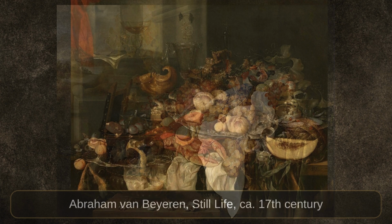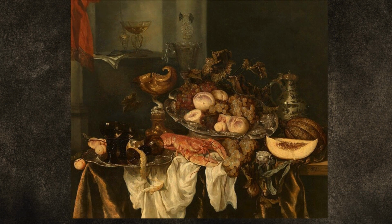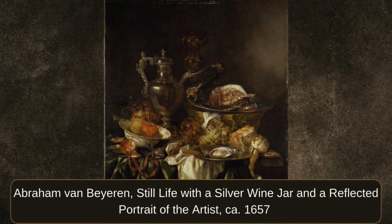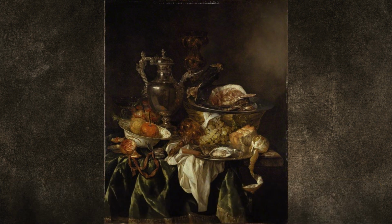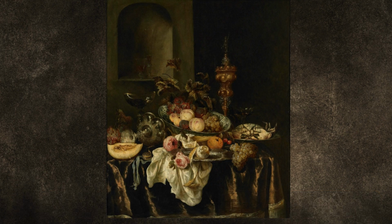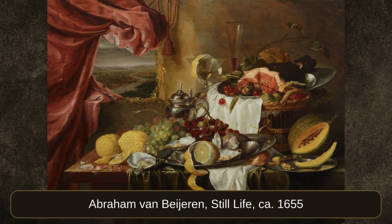Banquet still lives, by contrast, multiply these components to present spectators with saturated visions of abundance and affluence, a phenomenon that held particular social meaning in the Dutch Republic at the moment of these pictures' heyday. The United Provinces of the Dutch Republic constituted the mightiest mercantile powerhouse in Europe during much of the 17th century. Massive personal fortunes as well as a flush bourgeoisie were, as Julie Berger Hochstrasser notes, built on what we now